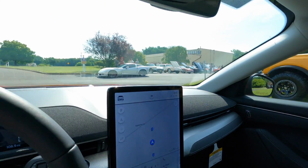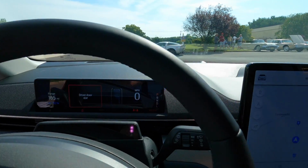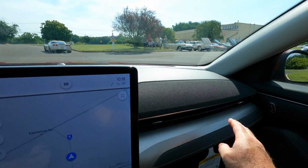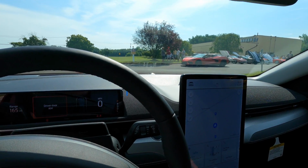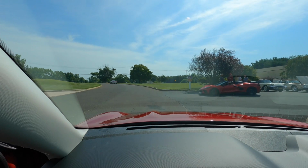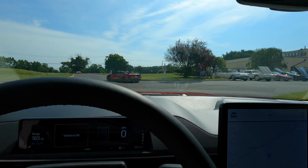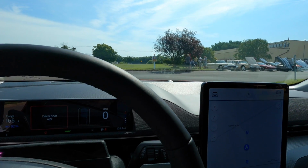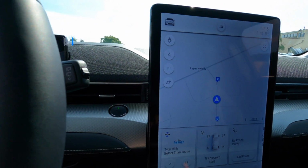As far as audio is concerned, I know that these are all speakers across the front as well. So again, from a futuristic standpoint, it does have that going for it. There are a couple Corvettes that are pulling out from Cars and Coffee. There goes the C8 that we were talking about. And as far as temperature control, you can just tap it there, and you got that